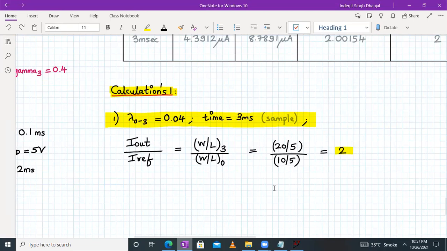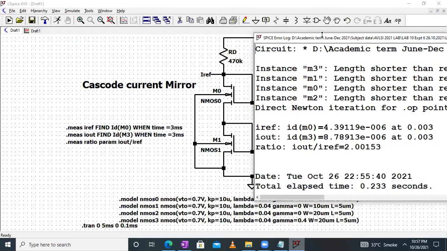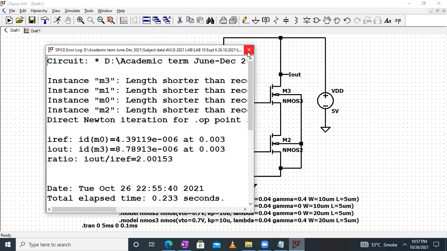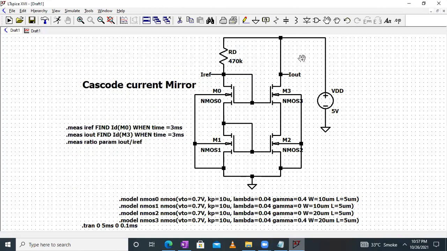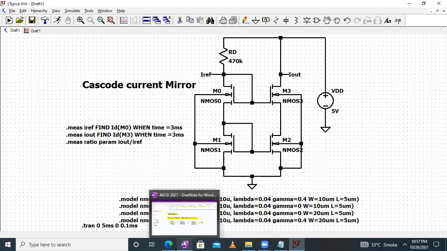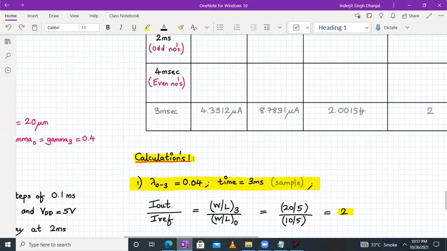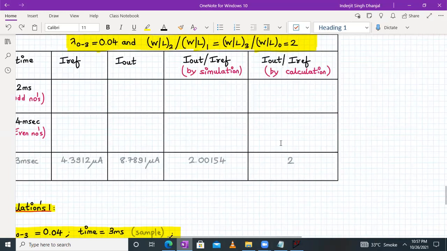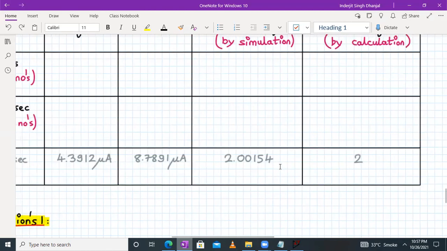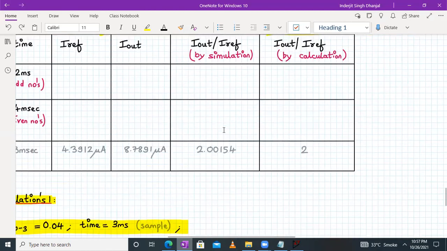Why W/L of 3? Because I out is the current flowing through the M3 transistor, and I reference is the current flowing through the M0 transistor. So the ratio is 2. By simulation we are getting 2.001, and by calculation we are getting 2. Both readings are quite accurate.